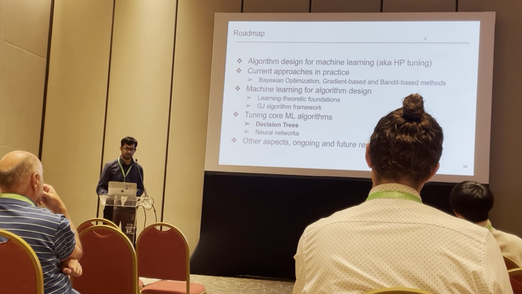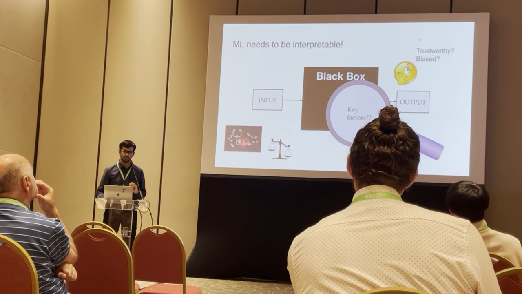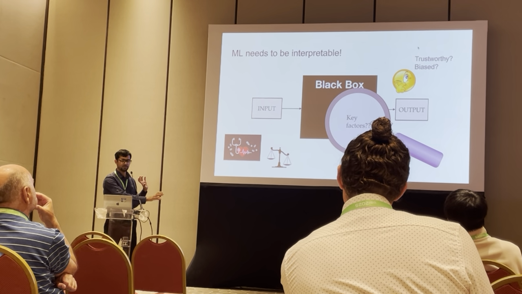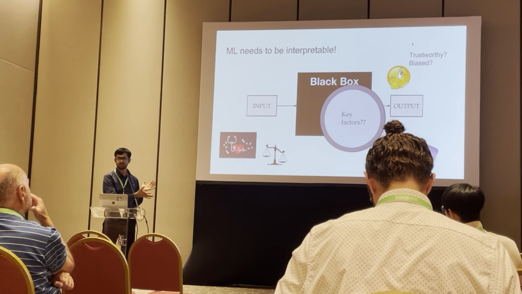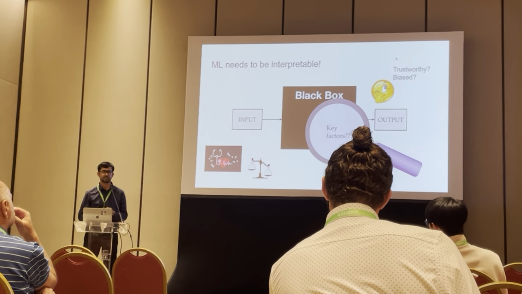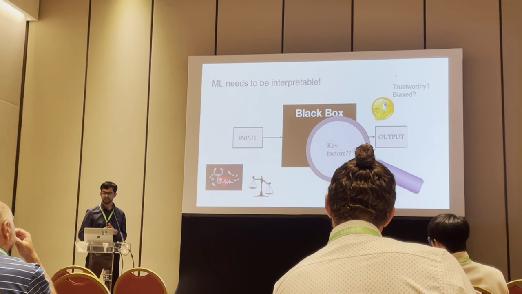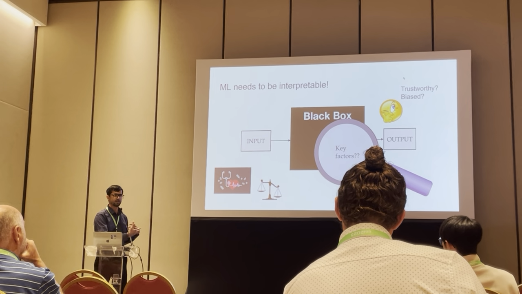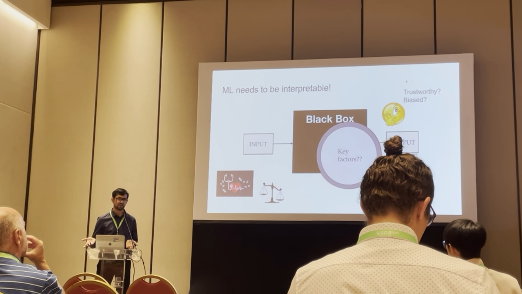Right. So let me move on to a concrete example, decision trees. So that's the context for decision trees especially is important today because you want your machine learning algorithms to be interpretable. They're black boxes, and decision trees are kind of treated as this gold standard for explainable machine learning, right? So you have your input, you have your output, your machine learning model does something, but we don't really know what it's doing, and should we trust it?